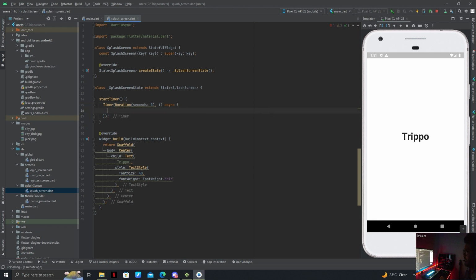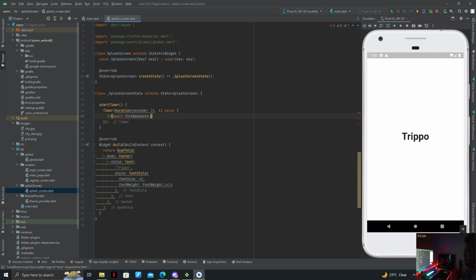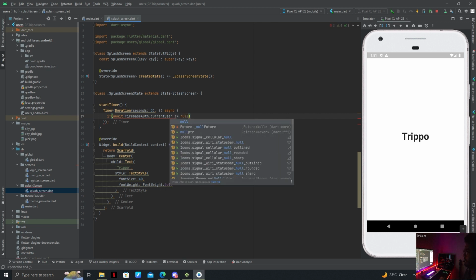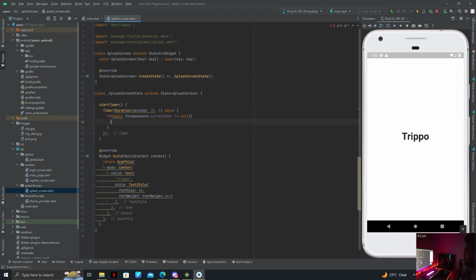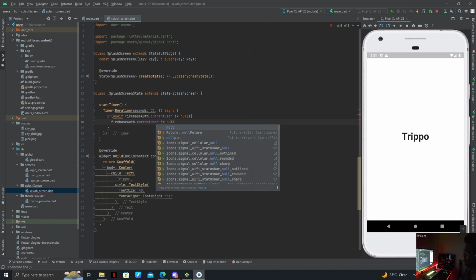And then we can add if await Firebase auth dot current user is not equals to null, then Firebase auth dot current user not equals to null,